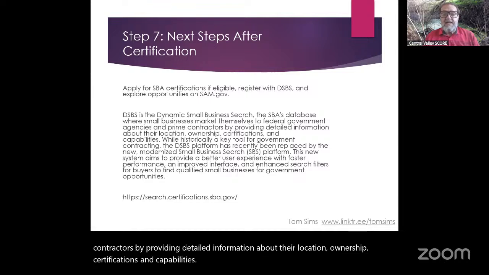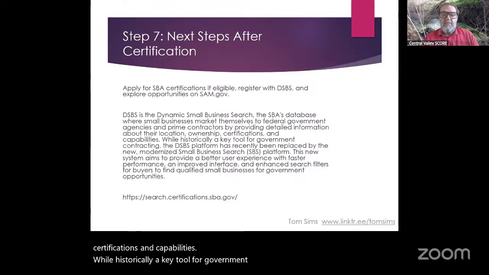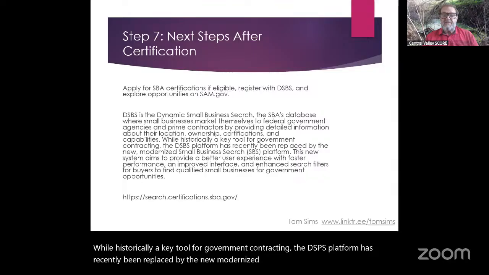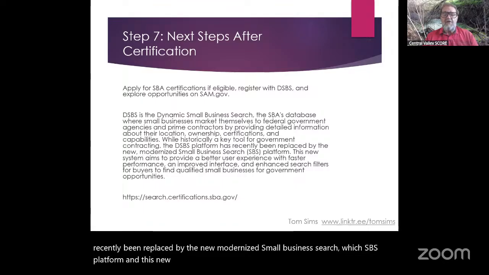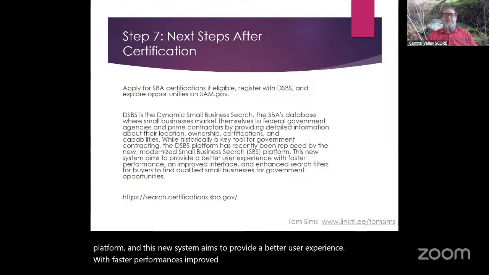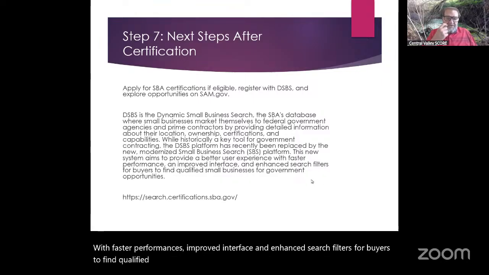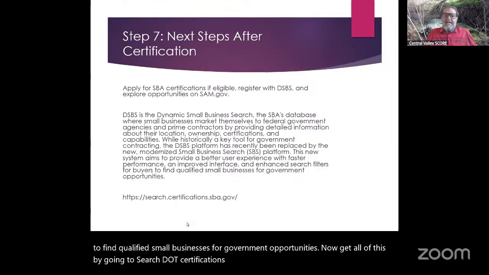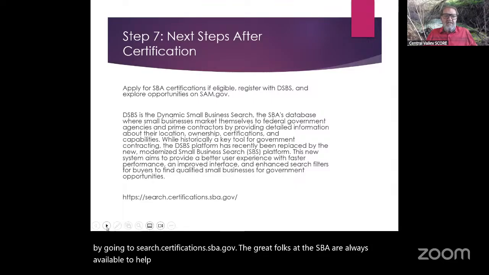While historically a key tool for government contracting, the DSBS platform has recently been replaced by the new modernized Small Business Search, which is the SBS platform. And this new system aims to provide a better user experience with faster performance, an improved interface, and enhanced search filters for buyers to find qualified small businesses for government opportunities. Now, get all of this by going to search.certifications.sba.gov. The great folks at the SBA are always available to help you, but if you still need help, and you will,